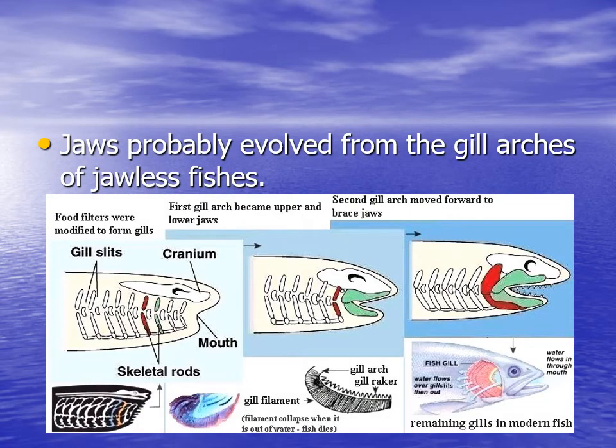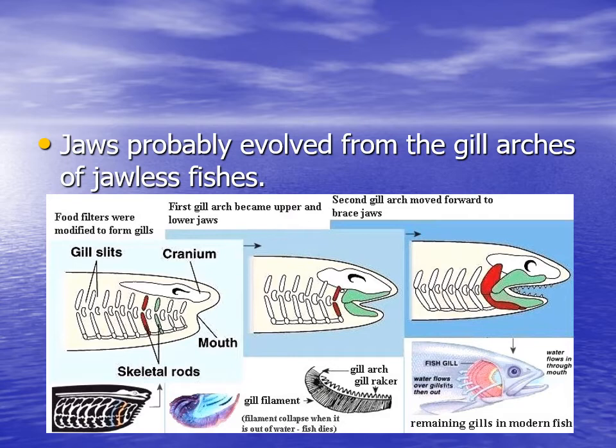One of the biggest adaptations that evolved in the fish group is jaws. Okay, jaws, they likely evolved from the gill arches of jawless fish. So when we go back and look at some of our jawless fish like the lamprey, even though they don't have jaws, they have gill slits, and we look at the genes that develop those gills and the genes that have developed jaws, they're very, very